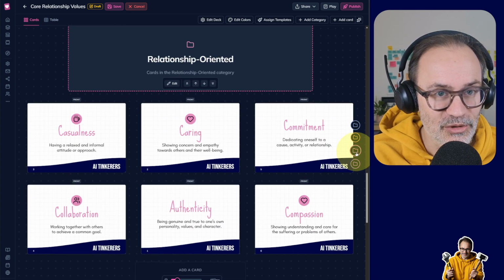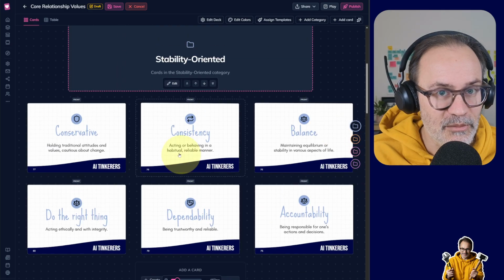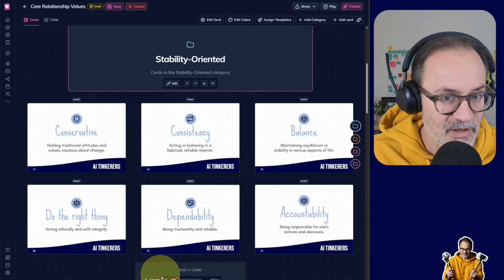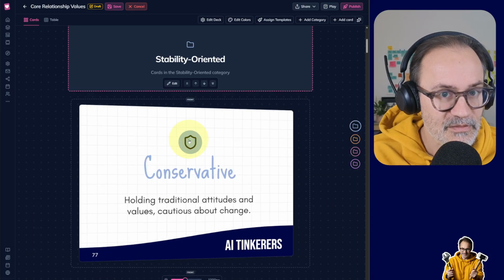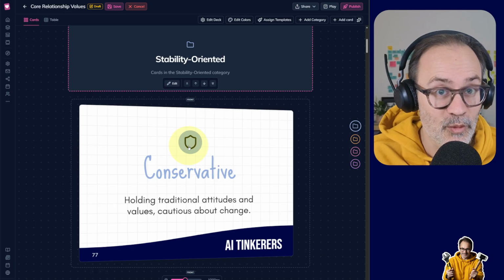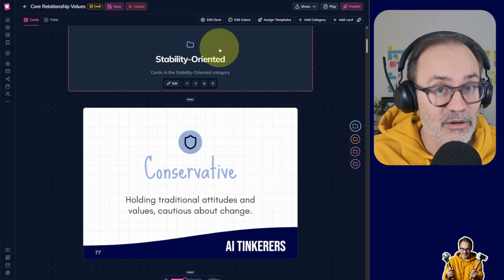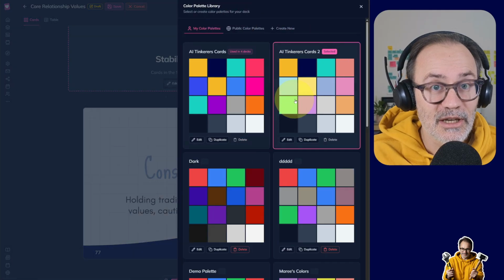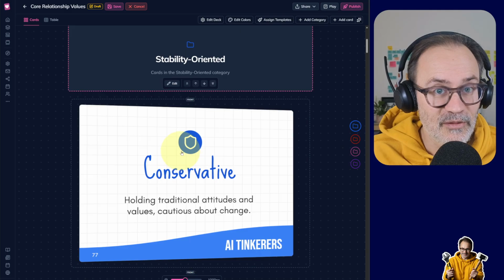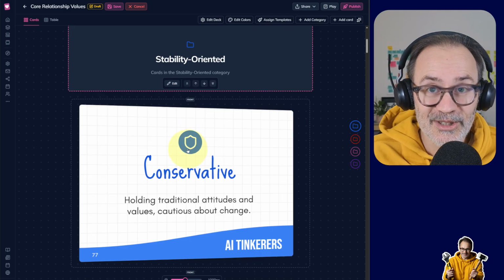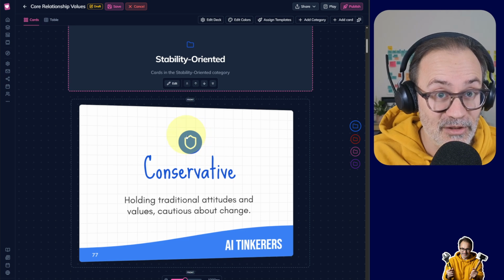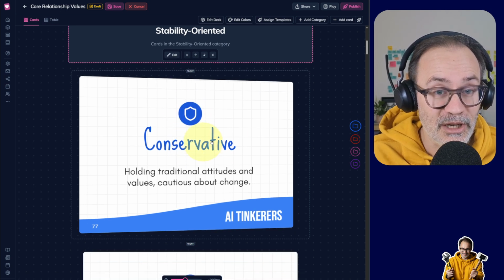Also, let me show you a nice thing. When I'm in pastel, obviously the color is very light. So here, this icon outline is black because this is what gives the best contrast. Now, if I change and use a dark color palette, you see that the blue is dark, so the best contrast is with white, and it's automatically taken into account by the software,